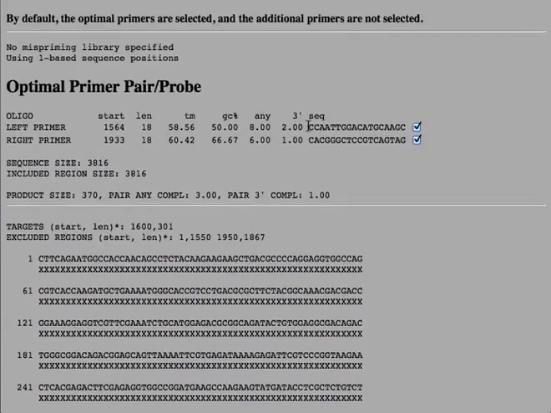The primers are fundamentally different from each other because they bind to different strands of the DNA. The left primer, we don't have to do anything with it. There it is, CCAATT. And like we talked about, this you can find in the sequence. Okay, so what I'm going to do now is build this whole DNA piece together using Microsoft Word. So I'm going to copy this sequence